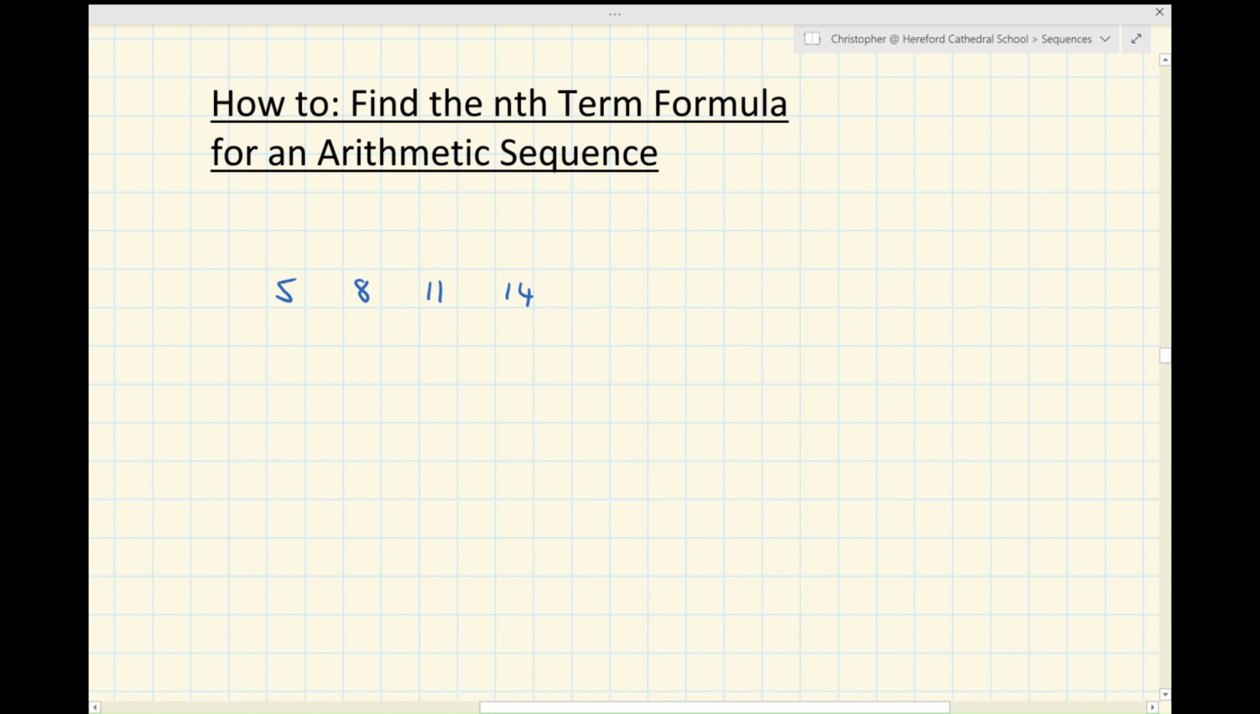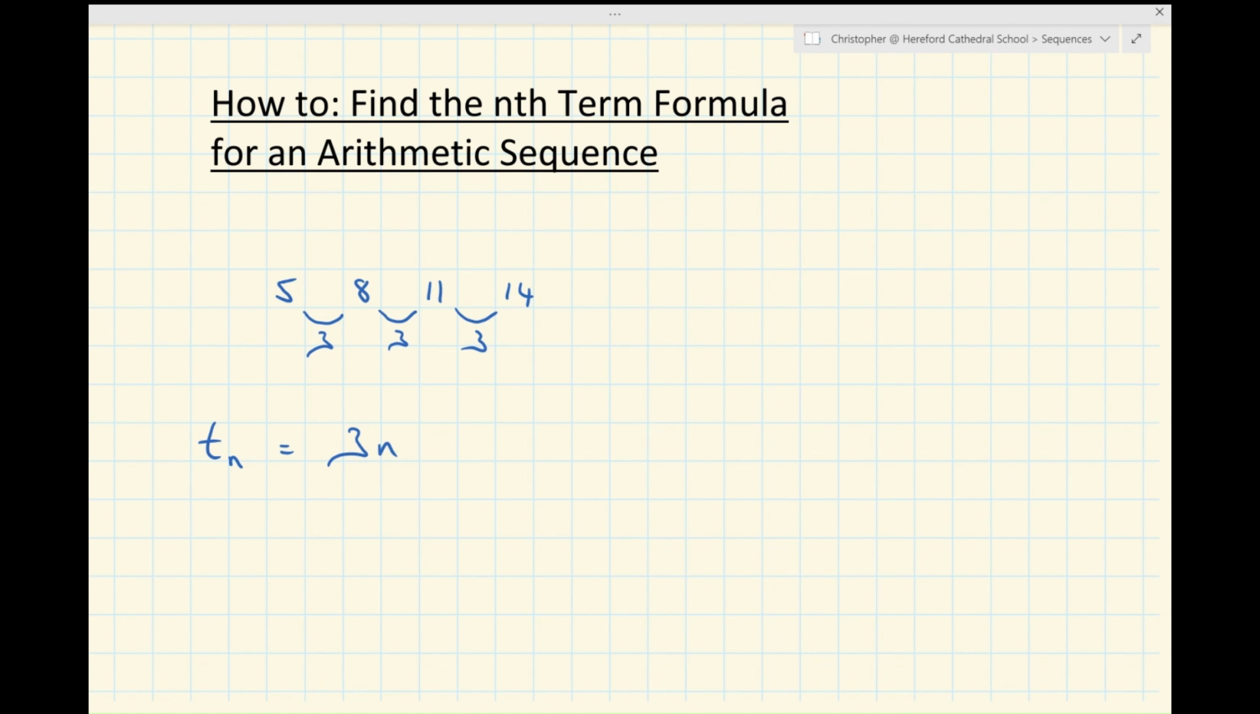Now, how are we going to find the nth term for that? Well, the first thing to do is to ascertain what that common difference is. In this case, the common difference is 3. That means that my nth term formula is going to start 3n, because my formula is a bit like the 3 times table, and that has differences of 3. So if my formula has differences of 3, it's going to start with an nth term formula that begins with